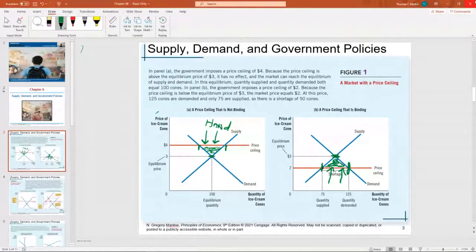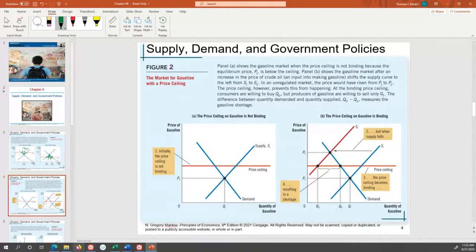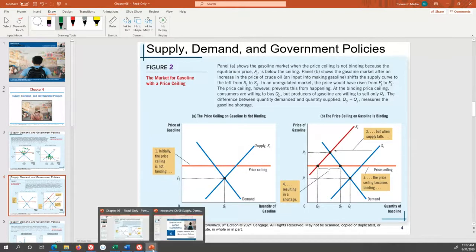The consumers will affect the market and bring it back to equilibrium. But that's as long as it's just the buyers and sellers. Now, if we go to